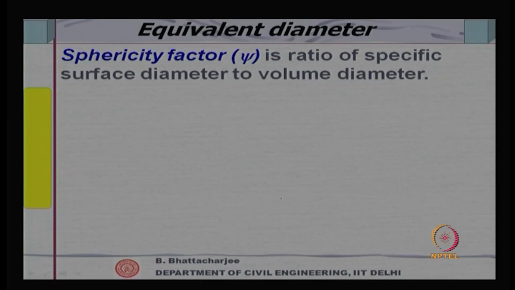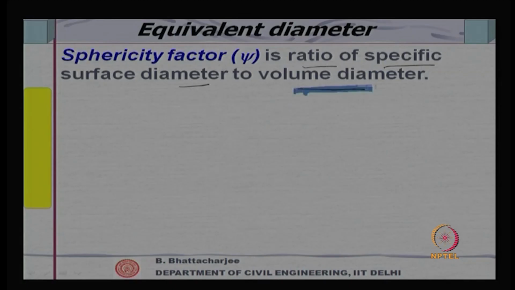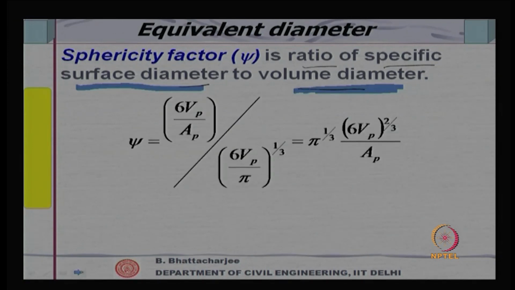and through this we define the sphericity factor. So, that is related to the shape. It is the ratio of specific surface diameter to volume diameter, that is the idea. So, we have seen how we define volume diameter. Therefore, this is given by this formula. This is the specific surface diameter and this is the volume diameter, right, and 6 V p by A p